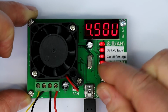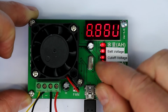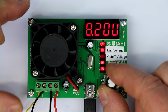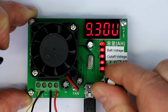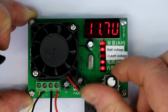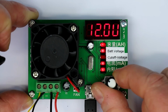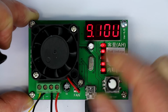Let's see how far we get. As you can see, the fan is not running. It also only turns on when the dissipated power becomes greater than 2 watts or something like that. So how far do we get? Yeah, 12 volt is the maximum. So ideal for testing lead acid batteries. So let's turn this back again to